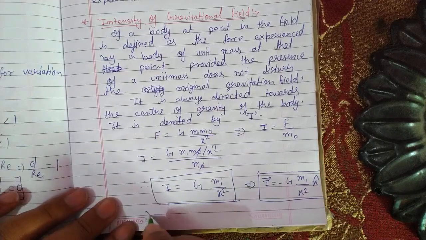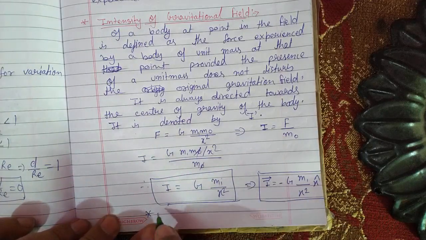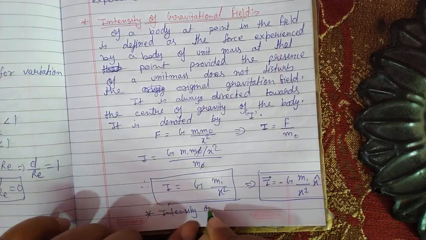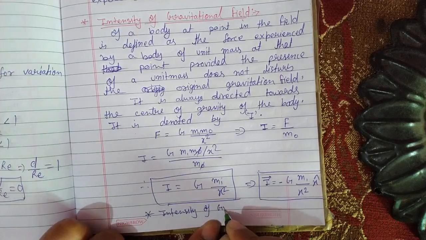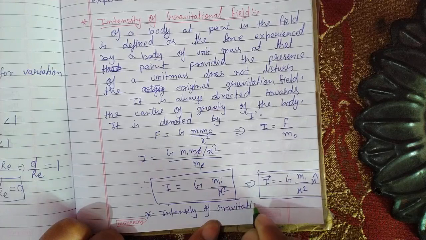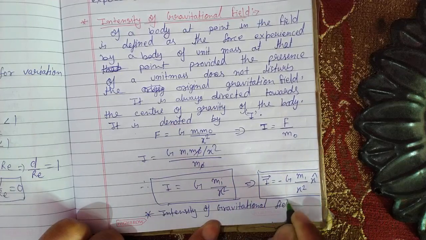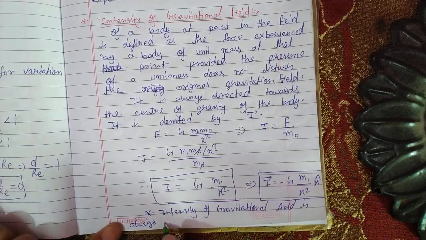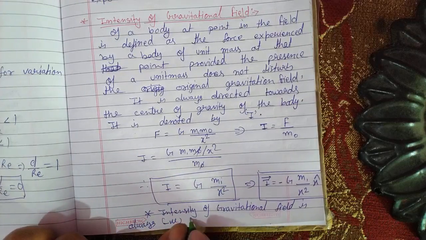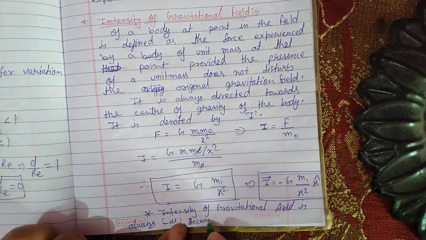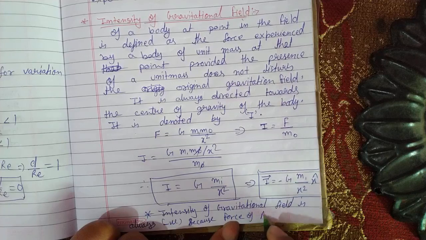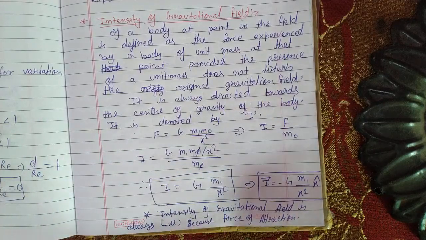Okay, here the intensity of gravitational field is always negative because of the force of attraction between two objects. Okay,